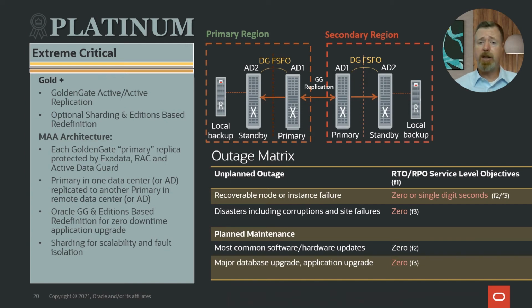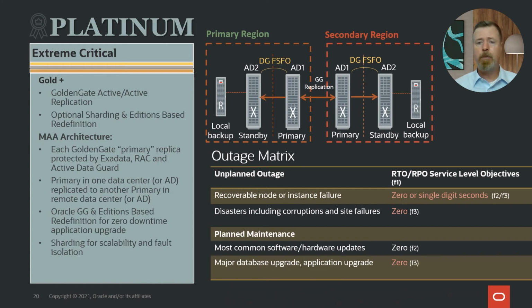So all the technologies, RAC, Active Data Guard, Flashback, all these technologies are still available. RMAN's in there with our backups. So we see all these represented in our diagram. We also see two primaries. So now we have an active configuration. We could also do active passive between those two primaries, with Golden Gate being the technology that's providing that bidirectional replication, which is asynchronous in nature, which is very, very important to note between those two different regions.